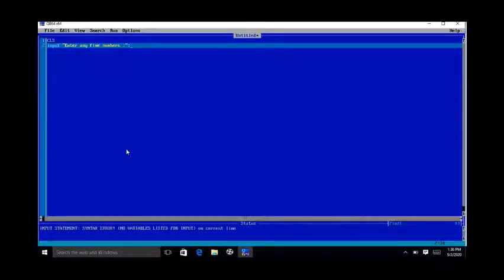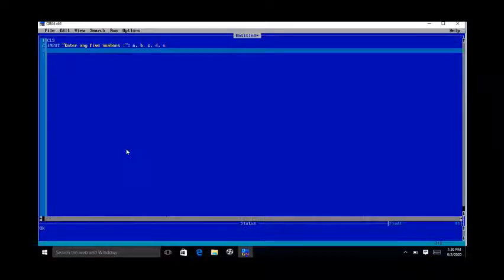For example, the variables are A, B, C, D, and E. Then we will declare a variable by using the keyword let: sum is equal to A plus B plus C plus D plus E.